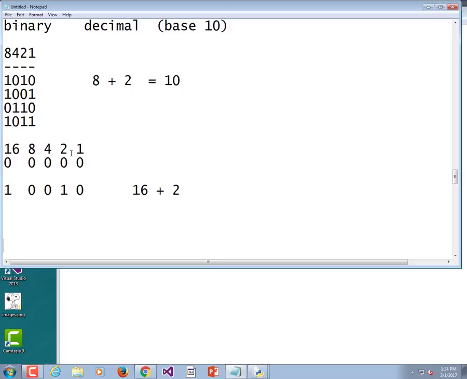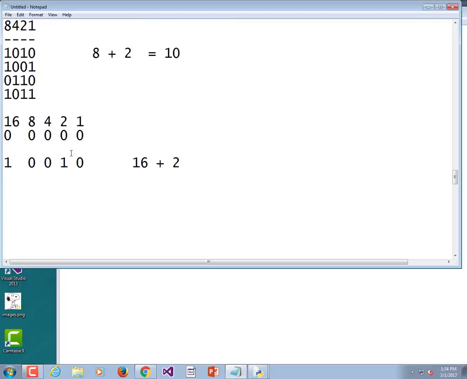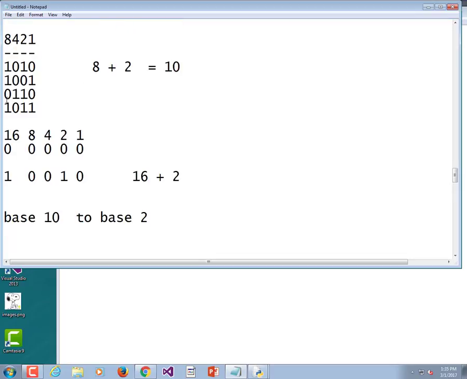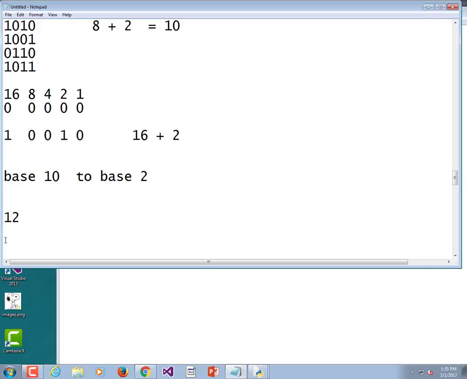Okay, converting backwards. I'm not going to ask you this because it's kind of an annoying process. But suppose I had the number 12 and I wanted to convert it to binary, base 10 to base 2. There's more than one way. Usually what students do is they go, okay, well, what's the largest one that'll fit? Okay, an 8 would fit in there. I could put a 1 there, and then I'm going to subtract 8 from that, and I'm going to get a 4, and okay, that's going to be another 1. Instead,